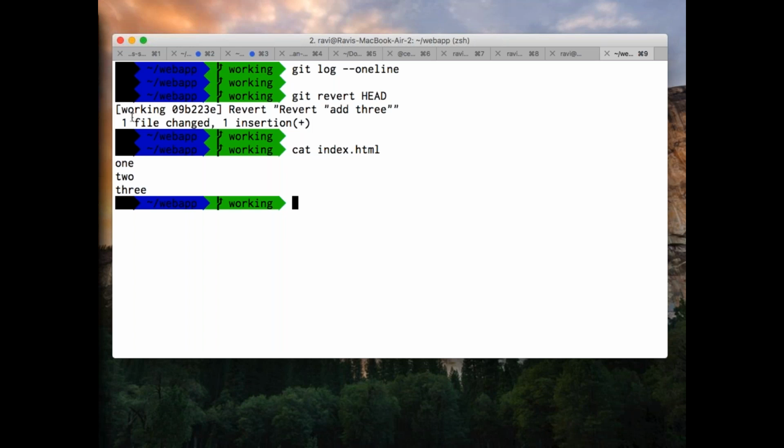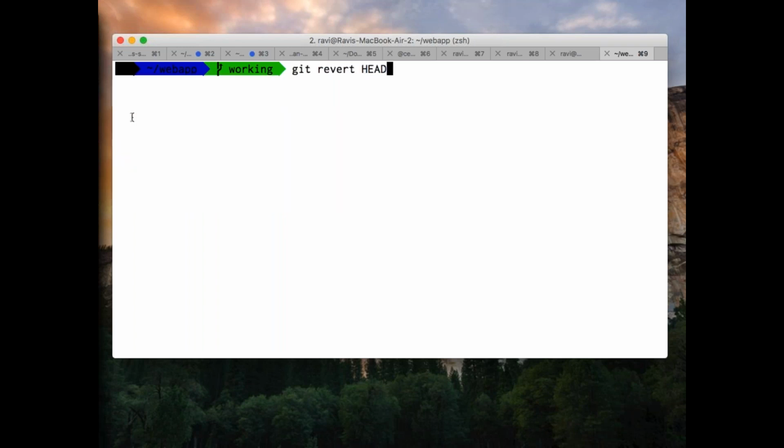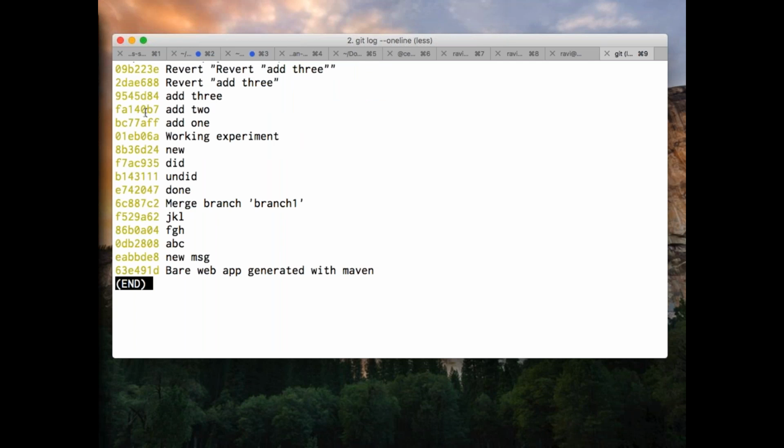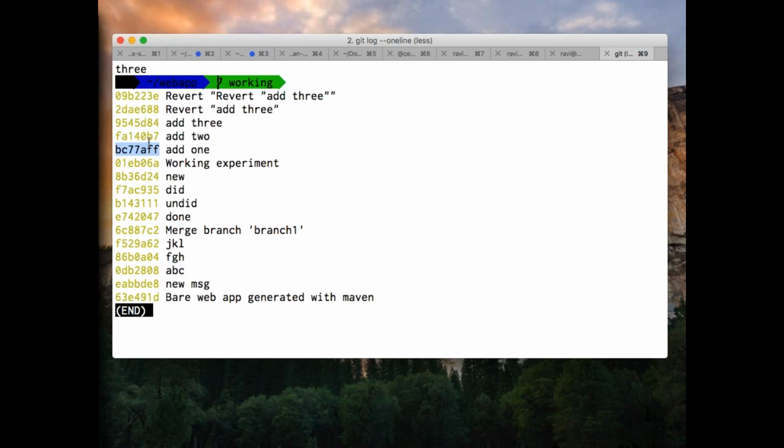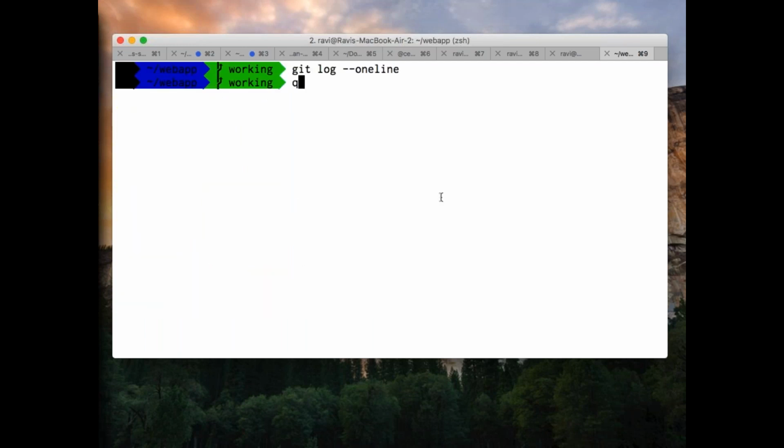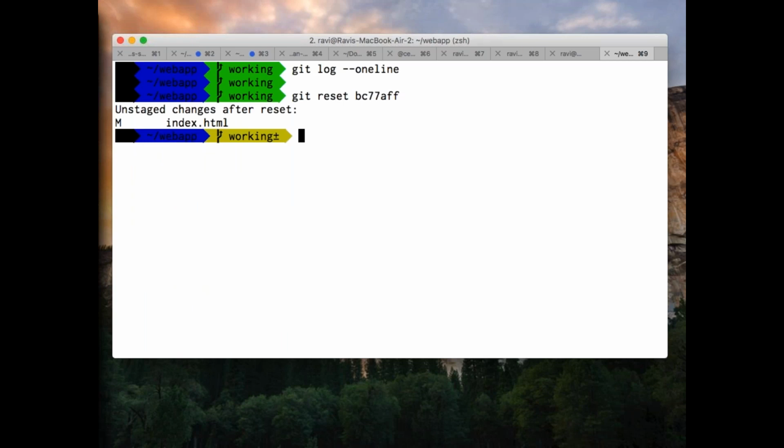All right. So whenever I say reset, right, it's going to basically remove those changes from that point in time. Now let's do git log --oneline. So I'll reset till this point in time. But actually from here, how many commits happened? 1, 2, 3, 4, 5 commits happened. Right? I'll copy this specific thing and I'll say git reset this commit. Message: unstaged changes.